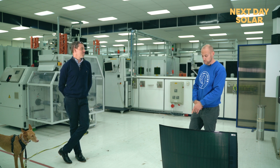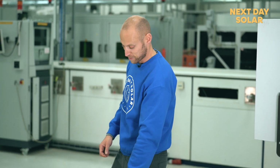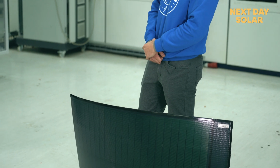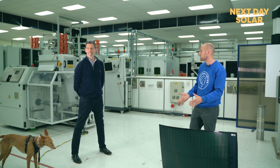Sure. Well, I hope they come to you, because this panel has been made in Wales, whereas most other panels in the world are coming on a cargo ship from China. I think 90% of all solar panels are coming from China. Your panel's 1 mil, 1.5 mil, whatever it might be, but it's like nothing. Whereas most panels coming on a rigid frame are like 40, 50. So the impact of buying one of your panels, and we have no affiliation, by the way, is so much less